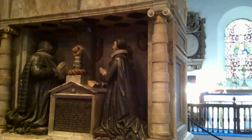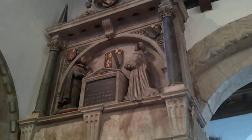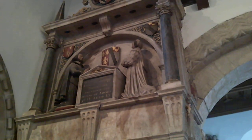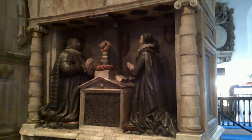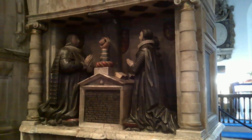Now this, of course, is the most notable tomb here. This is the big 17th century Fitzherbert tomb we have up here. Sir John Fitzherbert, Knight, late of Tissington, deceased the 2nd of August, 1642, aged 43. And it's very typical that he and his wife are kneeling either side of a prayer desk. They're kneeling in prayer. This is very much a Protestant tomb. The tendency in the Middle Ages was recumbent effigies, whereas Protestants like to have you kneeling, demonstrating piety, and